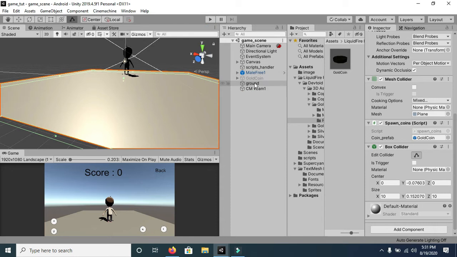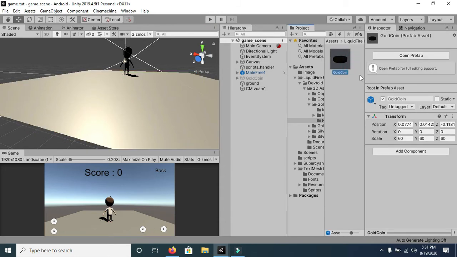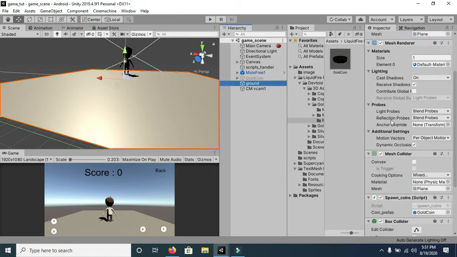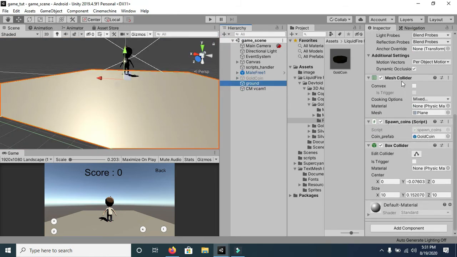Make sure that this gold coin has a rigid body component, as you can see, and there should be no mesh collider because we have already added this box collider. You can see that we have attached both colliders, mesh collider and box collider, and we have to attach these two components in order for physics to work properly.